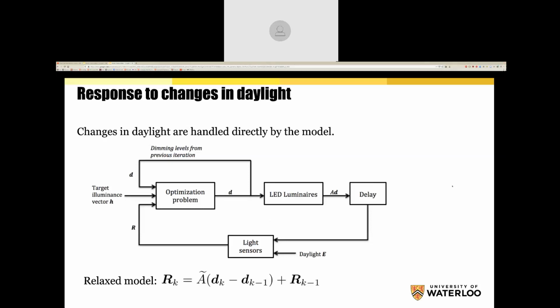Most people just say, well, we assume the sensors are perfect. And we're saying, well, we assume that we make measurement errors. There are going to be some measurement errors. Obviously, if the sensors are off by a certain value, we can't correct for that. I mean, if the sensor says it's 200 lux, it's actually 300 lux, we're out of luck. But we can account for transient issues and any measurement issues in the estimation of the A tilde matrix.